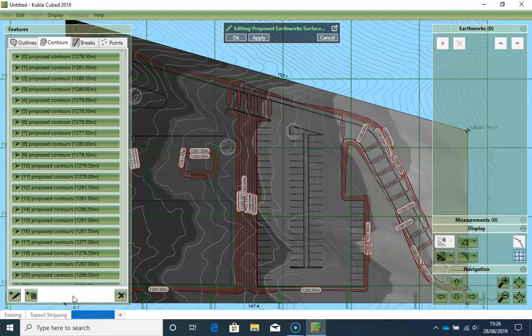Now we could repeat just the same steps for the outline and the break line. However, I will take this opportunity to demonstrate another method to bring content in from CAD, and this method more experienced CAD users might prefer. Now, if we go to our CAD file,